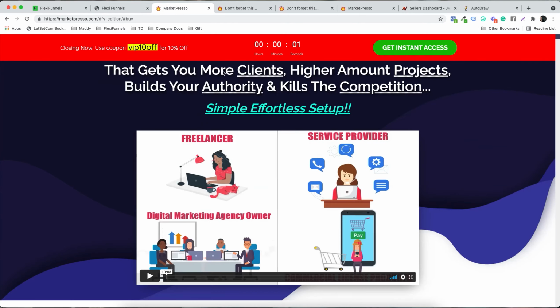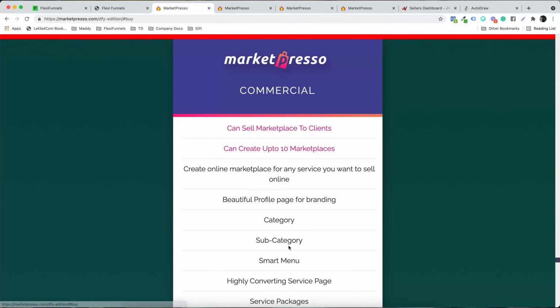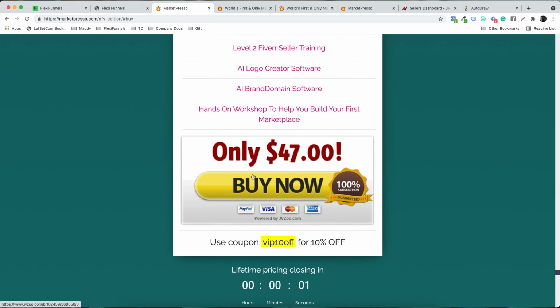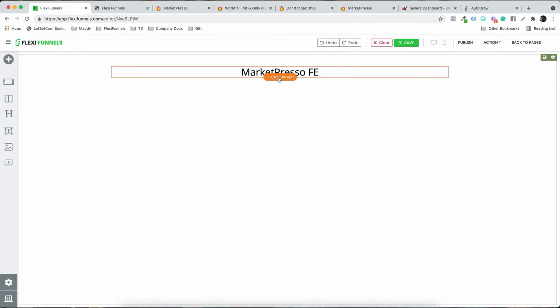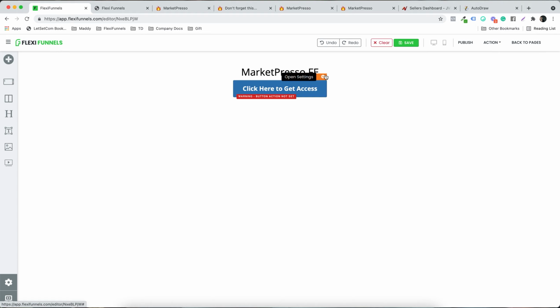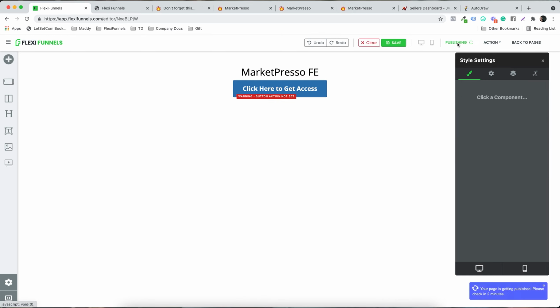Now, how do you do it? Let's suppose if I have this Marketperson FE, I'm not gonna design this entire page, but at the bottom of the page, what you would always have is a sales button, right? So again, over here, what I'm gonna do is I'm gonna put a button, right? So a button like this, and okay, I'm gonna show you what to do next. So first thing is that you need to put a button, right? That's number one. Click on publish,